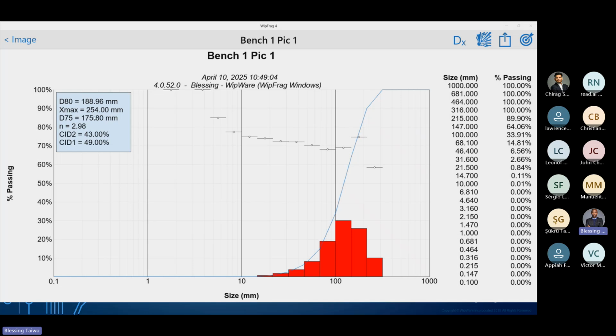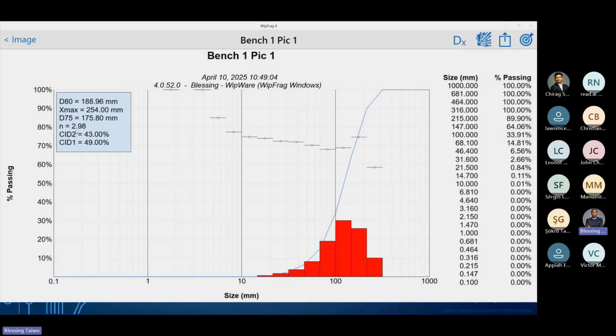Then what happens if the X max, that is the biggest boulder in the blast, is significantly smaller than your burden and spacing? It is an assurance to let you know that you are generating too much energy, breaking the rock more than what you expect. Then you can expand your burden and spacing. In this case, when you increase your burden and spacing, you save more money on explosive energy. You save more money on drilling, because the number of holes you'll be drilling to occupy the same bench width will be reduced. Then the D75 is 75% passing, while the N is the uniformity index.